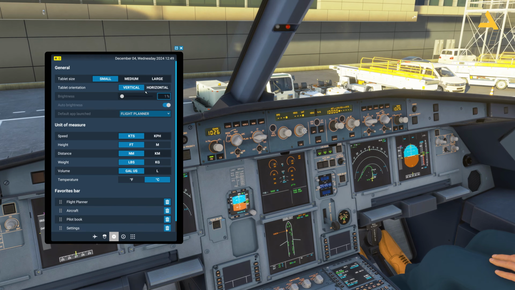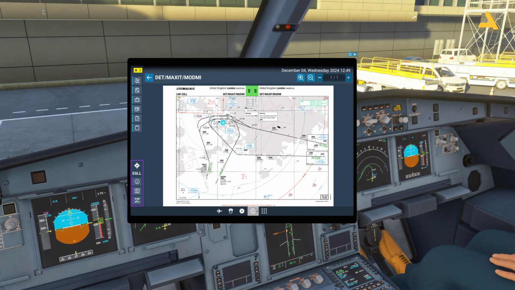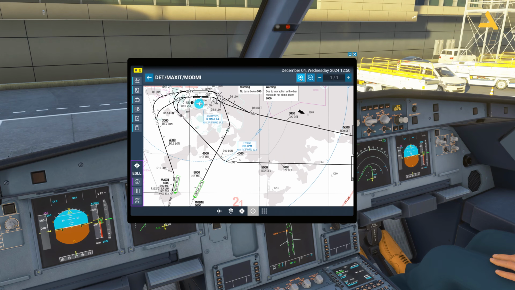Let's change the orientation and just bring it over here. Yeah. So now this is the complete chart for the departure, and the one that I'm using is DET2F. So let's look for this. This is DET2F. So right after the takeoff, if I zoom in,